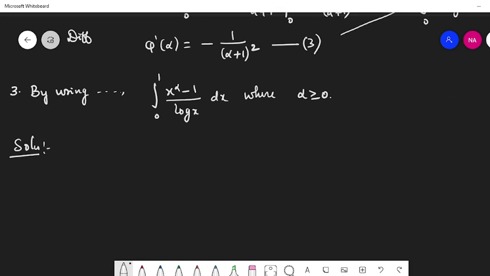Now, if you look into the problem statement once again, by using the rule of differentiation under integral sign, evaluate this. So we need to find the value of this integral. Obviously, this is a function of both alpha and x. Let phi of alpha be integral 0 to 1 x power alpha minus 1 divided by log x dx. Now applying Leibniz rule,